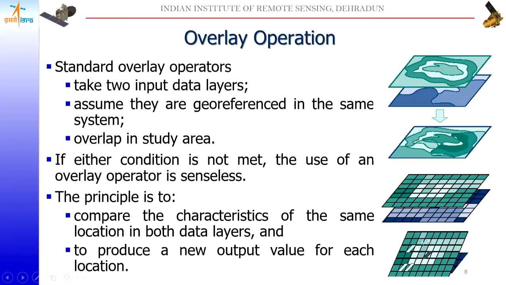Now in the case of a raster, again we are trying to look at the two layers and combine them. Let's take an example of computing an NDVI. We have a NIR layer and an R layer. We can compute the NDVI by using the formula NIR minus R divided by NIR plus R. This will be done on a cell by cell basis, so we can get the new output as an image. So the overlay operation, as we said, is primarily used for combining two or more layers to arrive at new information that we are looking for, having the characteristics and also deriving the attributes, especially in the case of vector, from both the layers.